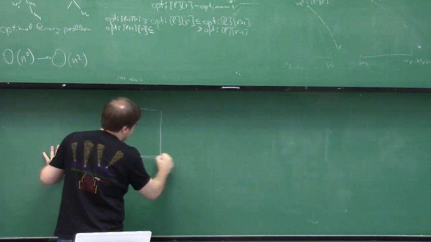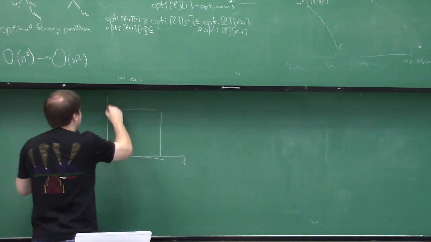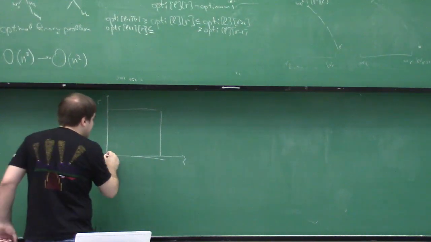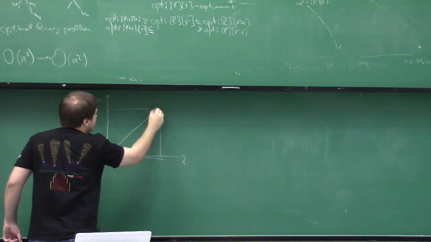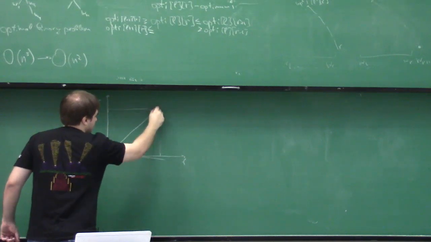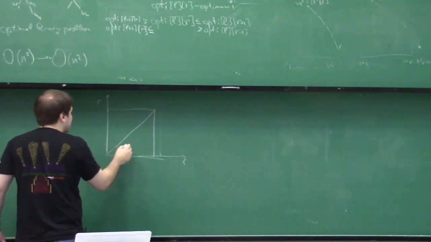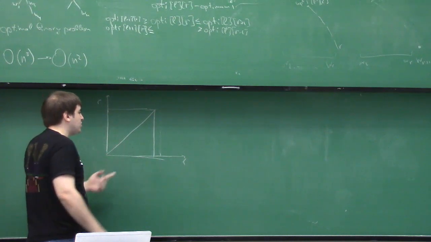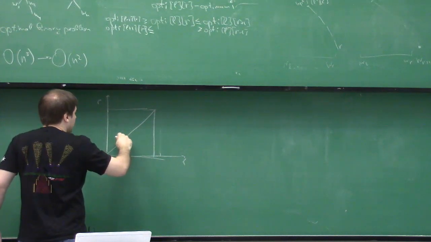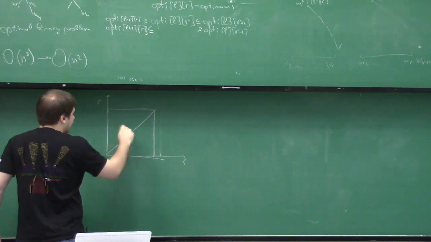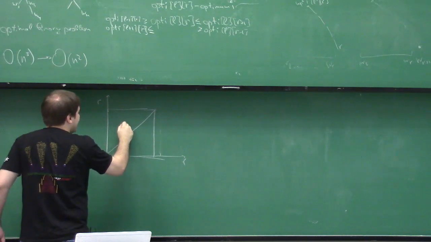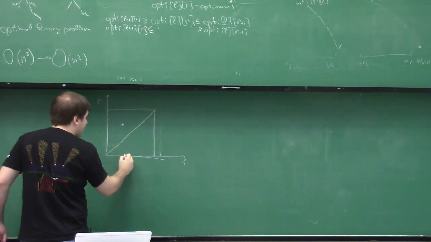This is L, this is R. L is smaller than or equal to R. It means that we are interested only in this part of our table, the part above the line L equals R. So we actually have all the values here. And what do we have? If we have a value over here, value (L,R),